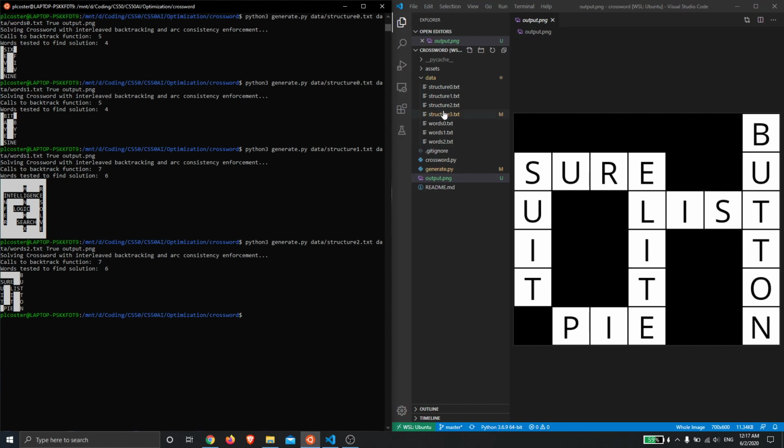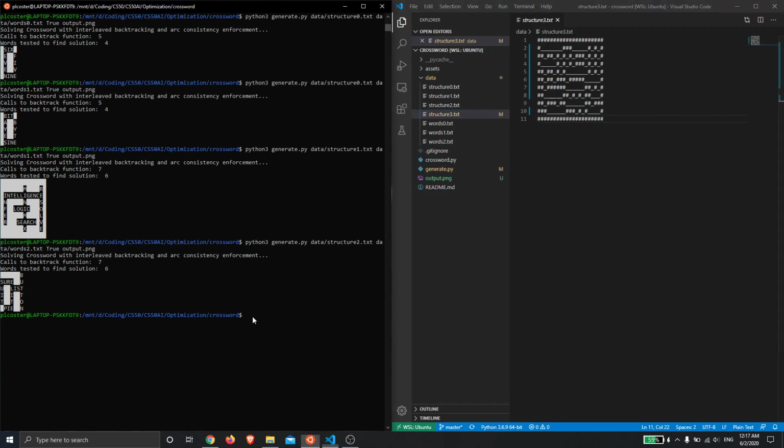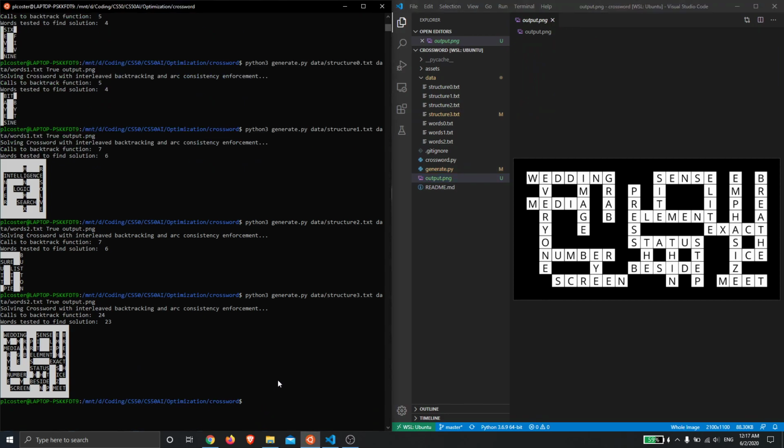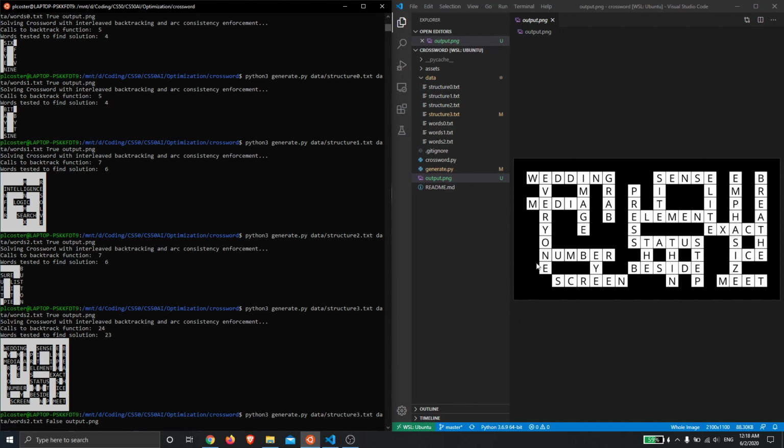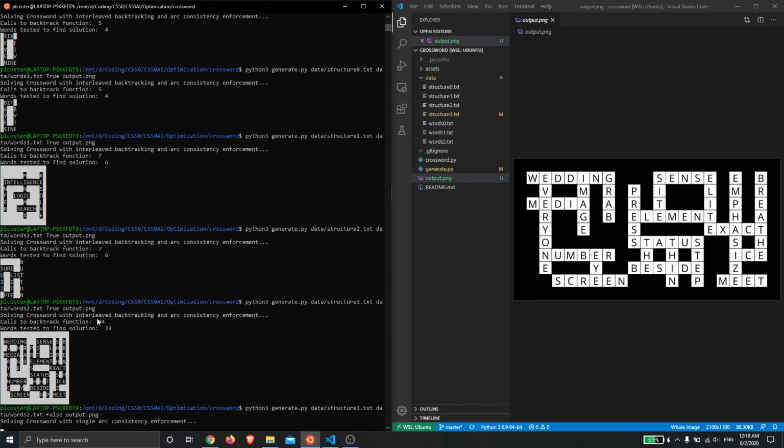So I've actually created a much bigger structure file, which we can try to solve using the largest words list available. And this can show the efficiency improvements of the interleaving algorithm. So if I run this, first of all, with the interleaving algorithm, it takes a second to load in, but we quite quickly will get a result. And now, just because I know this will be slow, let me quickly run this without the interleaving. False. So this can quite quickly find a result with the interleaving algorithm, and it actually only took 24 calls